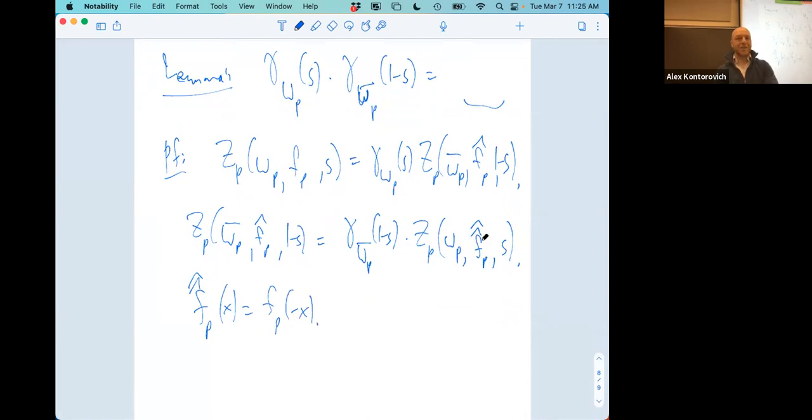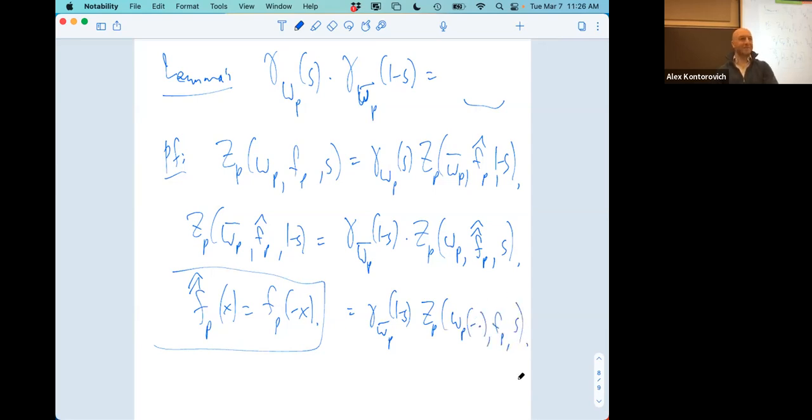But in this integral, I can make a change of variables, X goes to negative X. So this is just an aside. You added it 4 times. Then you would have... That's right. But I don't want 4 products of these things. So this is ZP of omega P of negative whatever